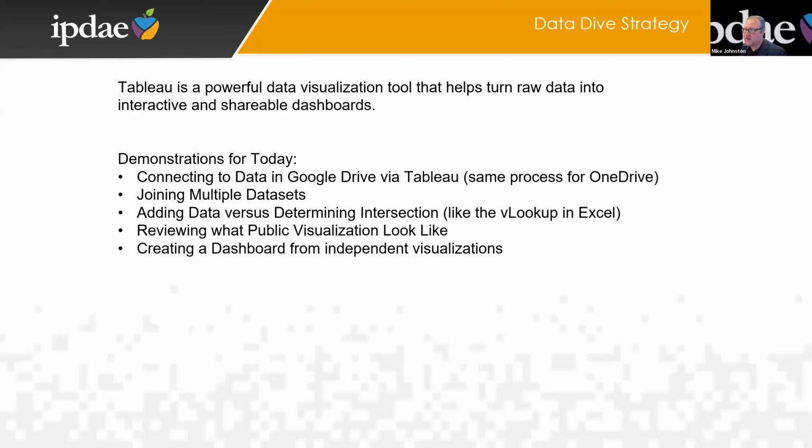And so today we're going to talk about how you're able to store this data, whether it be in Google Drive, OneDrive, or SharePoint. We are going to learn about joining multiple data sets using no code, as long as they have the same structure, which happens when we get reports quite frequently. We're going to determine how to intersect and find where data can align that maybe is different in two data sets. And then we're going to do some calculations.